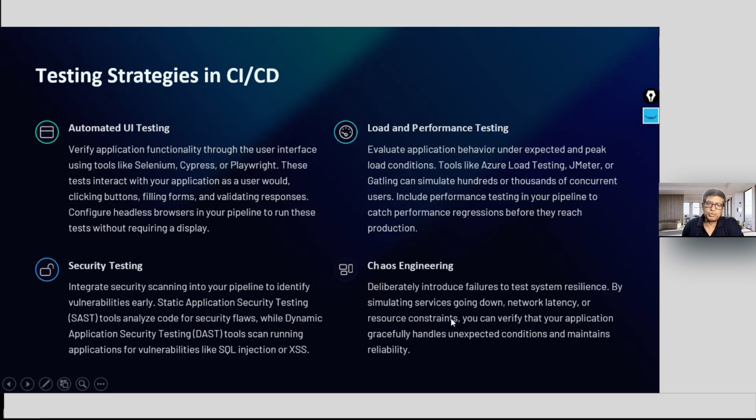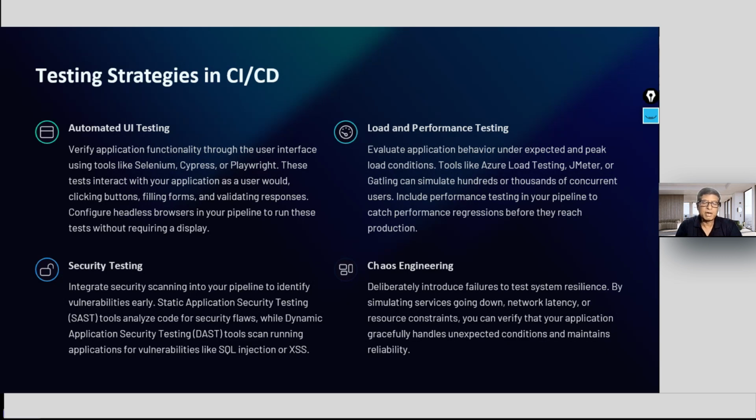Or resource constraint. So there were 16 CPUs when you started the initial test. Now, gradually, you are taking off the CPUs one by one. So you have come from 16 to 8. Is your performance degrading like hell? Or is your system still performing at the same level as when it had 16 CPUs? So how dynamically can it optimize according to the resources it has in hand? All this can be verified and tested. That is called chaos engineering.